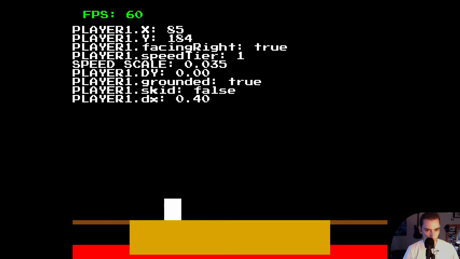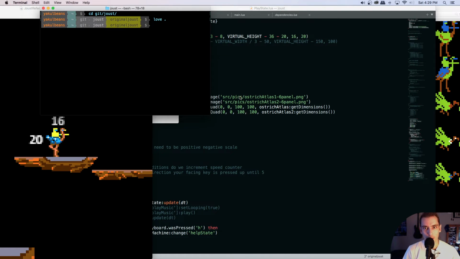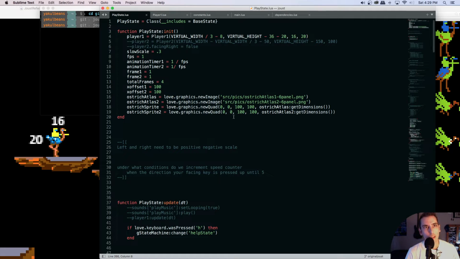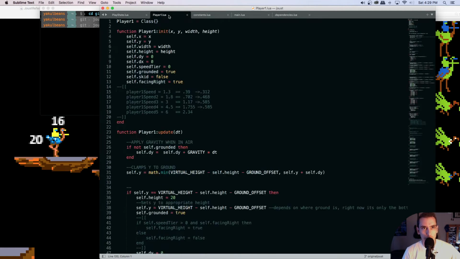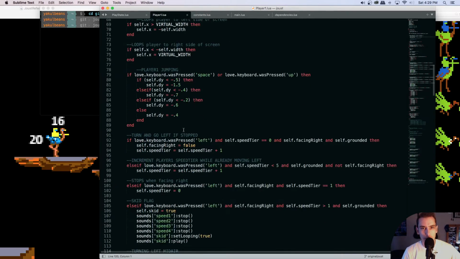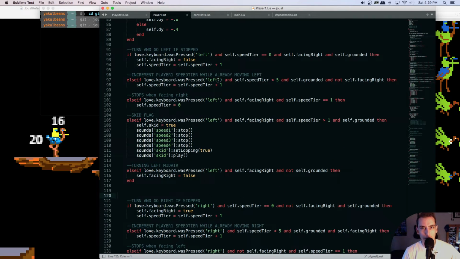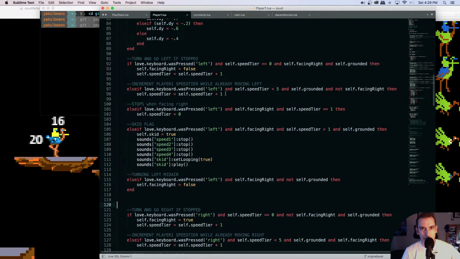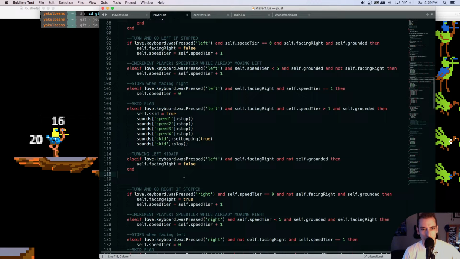That's good. So right now, if you hold it, it just stays at speed tier 1, but we want it to ramp up to 5 within a second or so. So maybe we can. It would be under our input handling here, so if this is all my left, maybe we can do